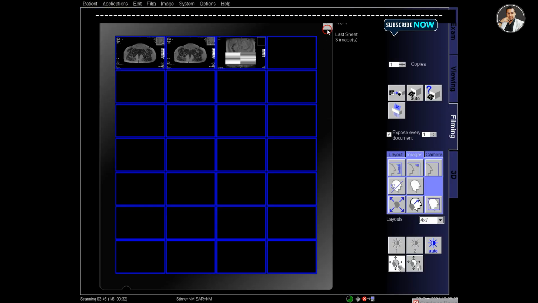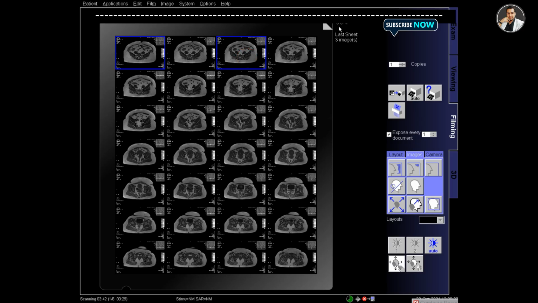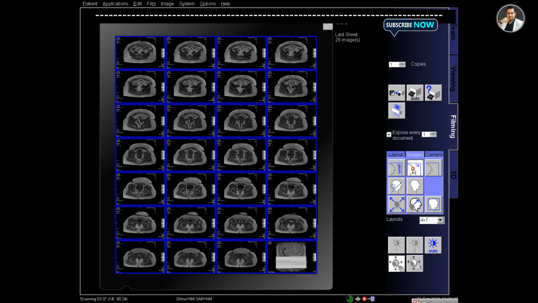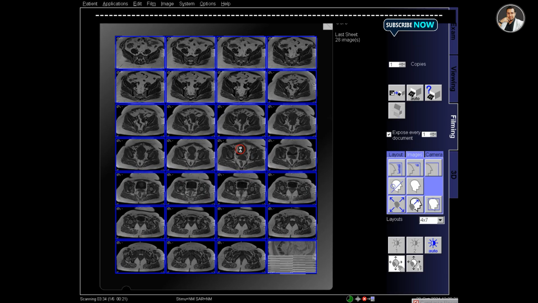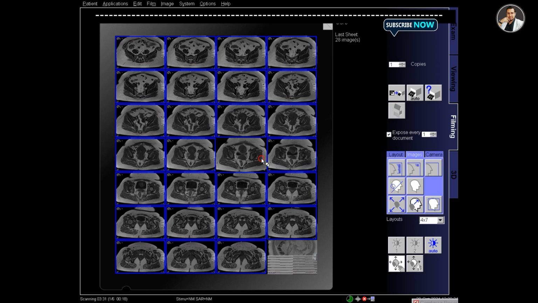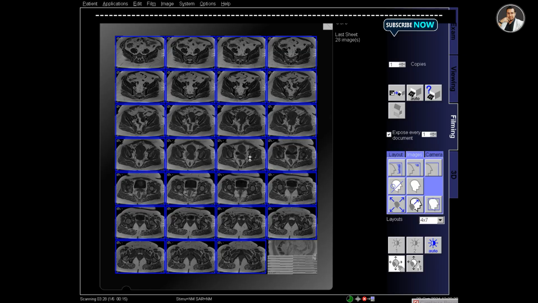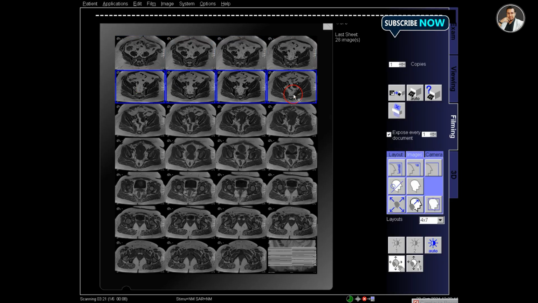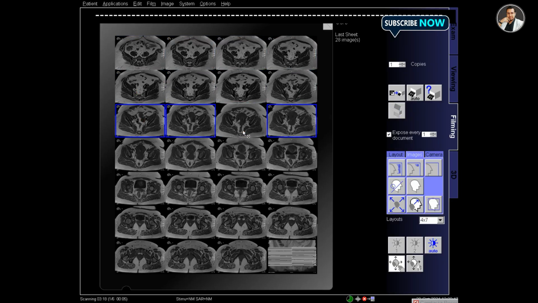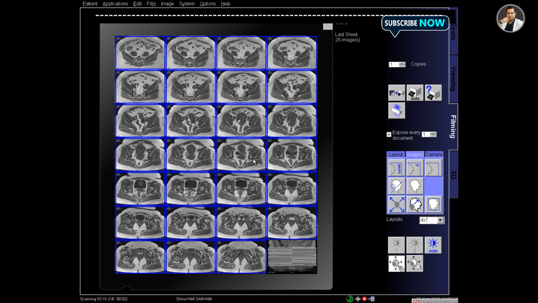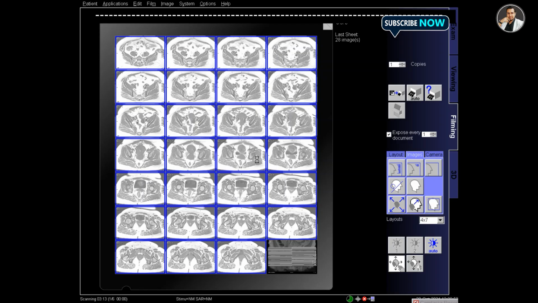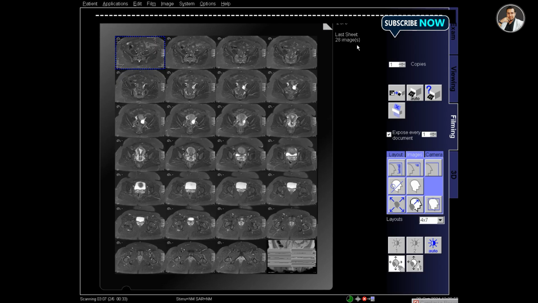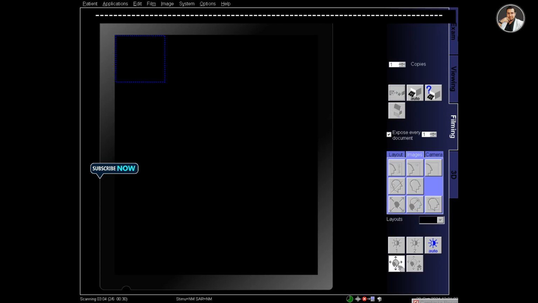And also send the reference image to the filming, and in the filming delete some extra images so that 28 images including the reference image fit into the 4 into 7 layout film. And then adjust the images and adjust the window by zoom panning and changing the contrast of this image as perfect. So make the images not so bright and not so dark. Keep it in medium contrast and print the films.